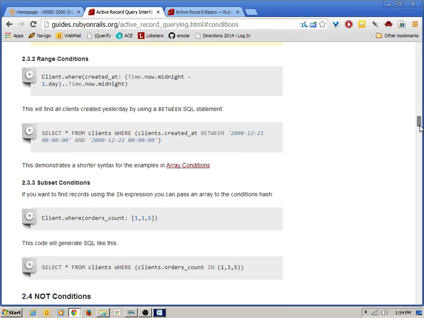Range conditions are really powerful when working with dates. Here we're assuming that we have a client object, and we're doing a where clause, saying where the created_at column, and then here is a range. You can see the dot dot in the range. We're saying